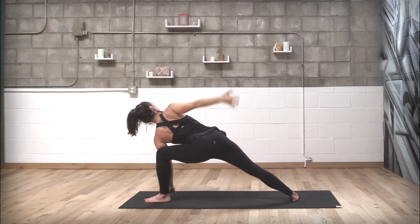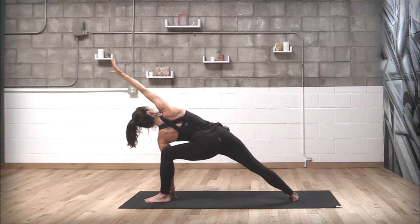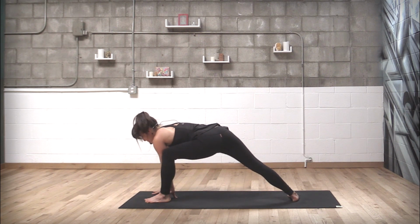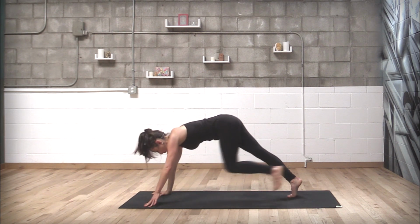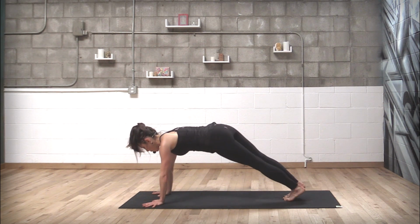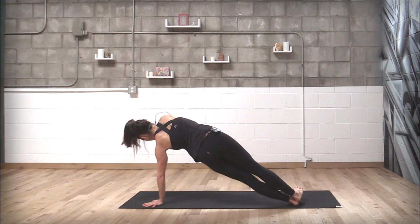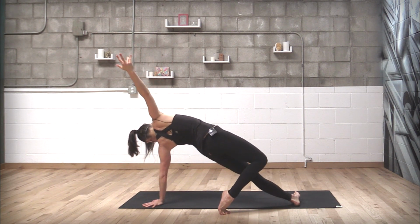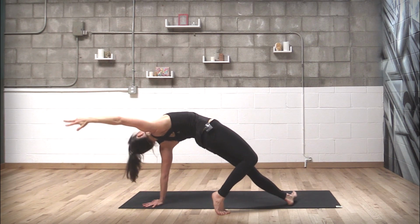Release the left hand down. Right arm over the right ear for a breath. And then right hand down to the mat. Come up on the back toes. Step to plank. Bring your feet together. Roll to the outer left foot. Reach the right arm up, and then take the right toes to the floor behind you and lift up into